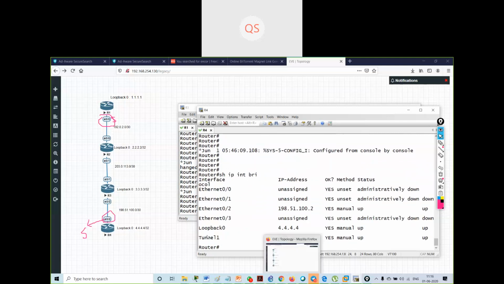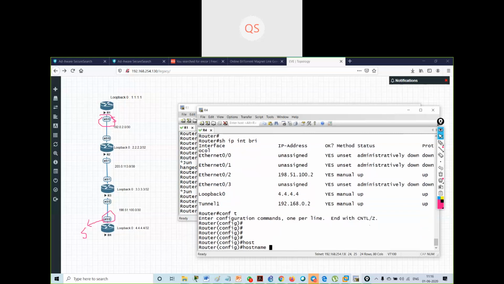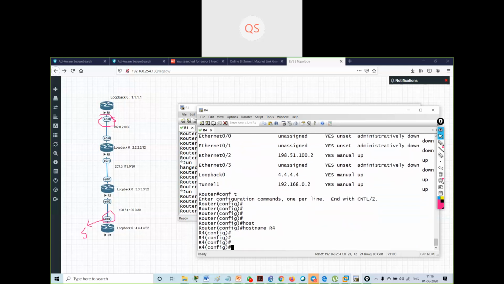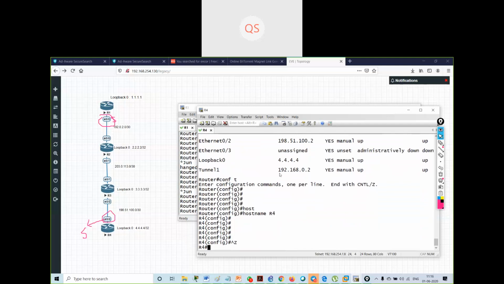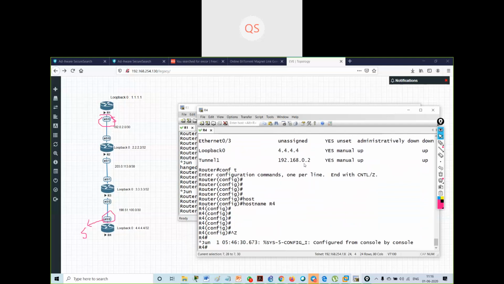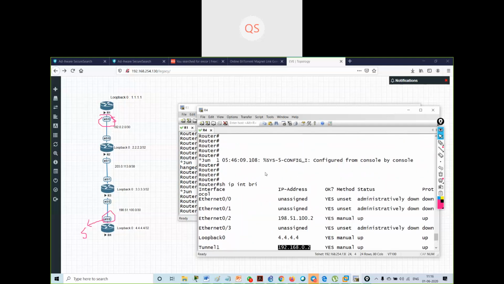I will get a tunnel interface. This is R4; you can change the hostname also. I verified on R4: the tunnel interface has the IP address 192.168.0.2 and the interface is up.